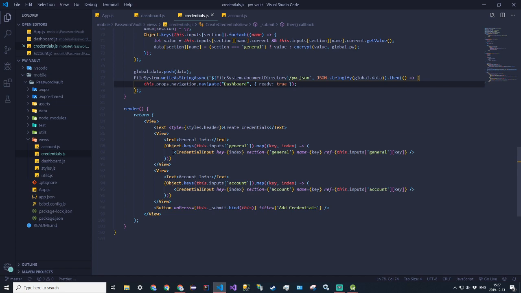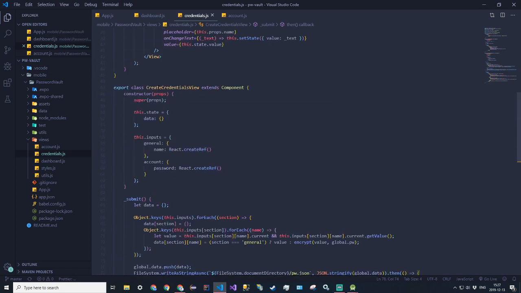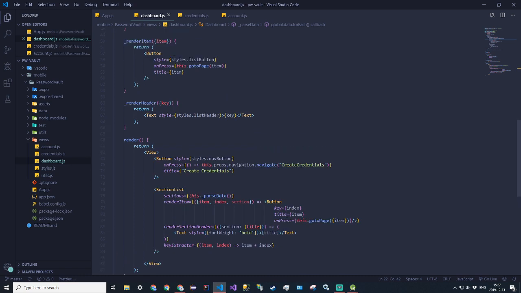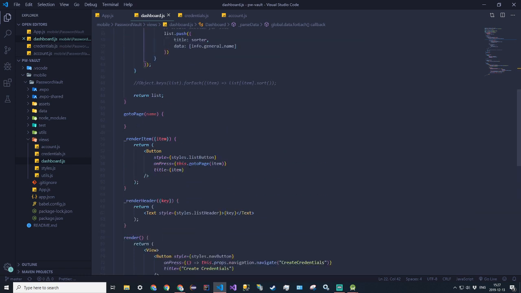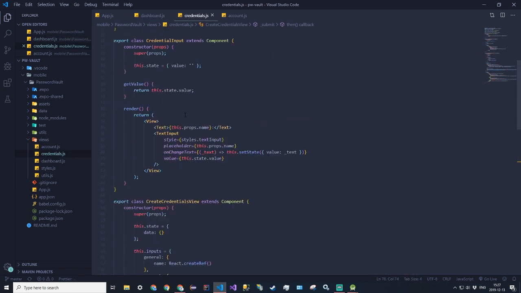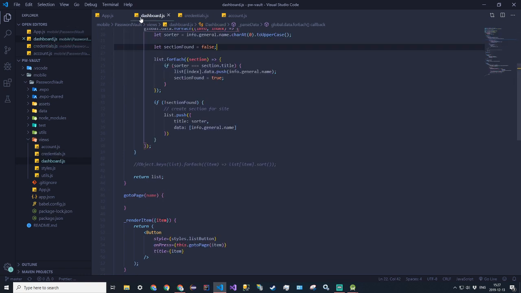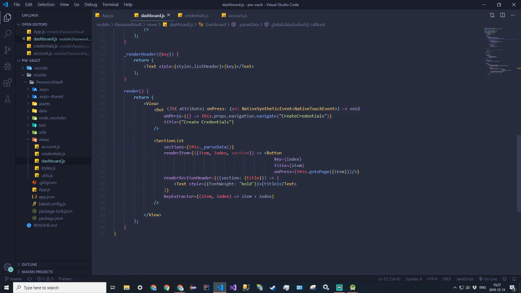This link, well, from these lists, or no, not from this, from the dashboard list. So when it says go to page, go to the credentials view that corresponds with the actual credential that we clicked on. So what I'm thinking of doing first is